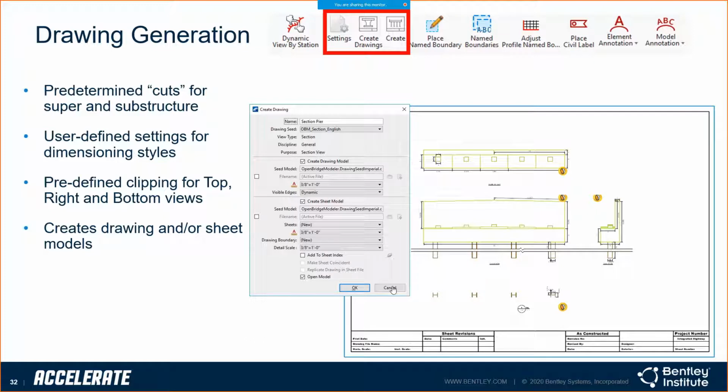Some of the other drawing generation tools. So these have been around since the very beginning of the product. So we have some, and these tools will do what we call predetermined cuts. You don't really have a lot of control over this, but you do have a little bit with the settings that we'll talk about here in a moment. But these are user-defined settings. You do get to do some user-defined settings for how that cut occurs,